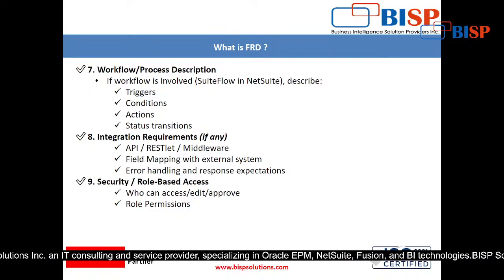Now integration requirements, if any. Suppose if any integration is there, in that case what will happen? So you have to define the API or the RESTlet or the middleware. Now see, in the functional document the ball is on your side, you can write whatever you want. For example, here in this